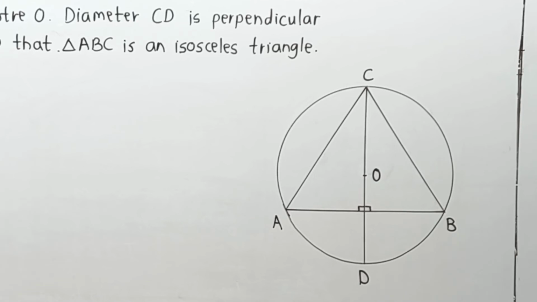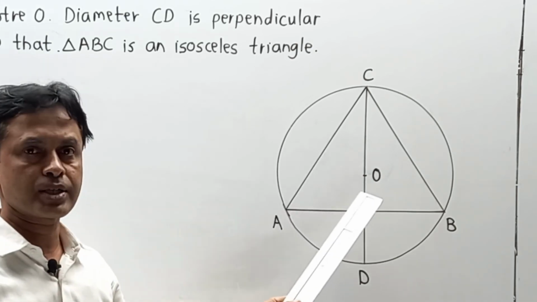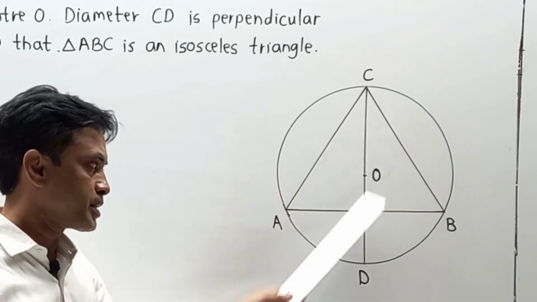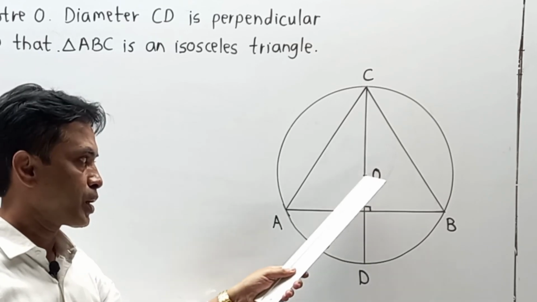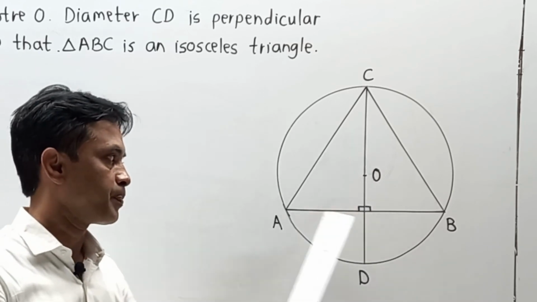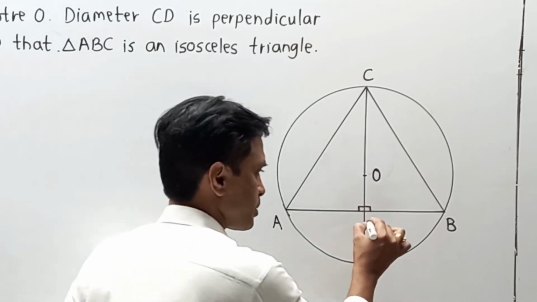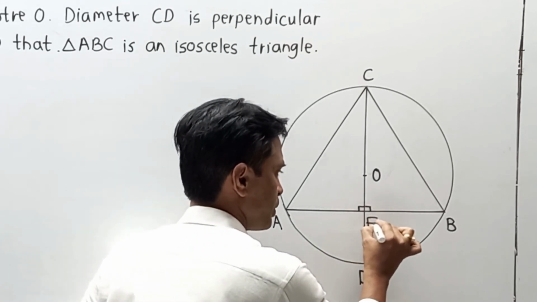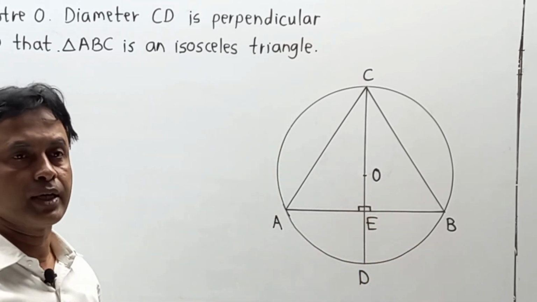Now coming to this question, we have to understand the diagram systematically. Please try to understand here. They have given CD as a diameter, O is the center of the circle, AB is a chord, and this is a point E. I am going to highlight it properly. This is the point E over here.